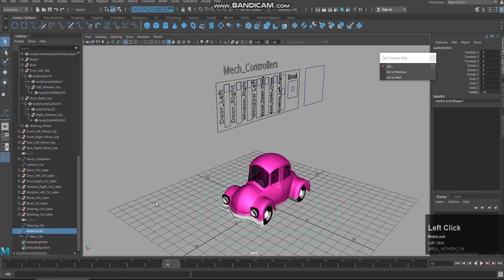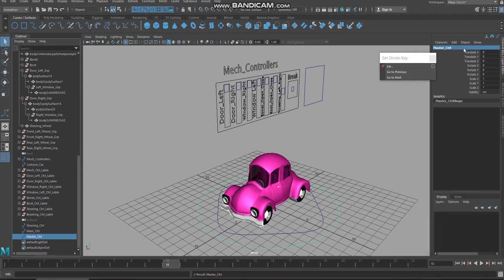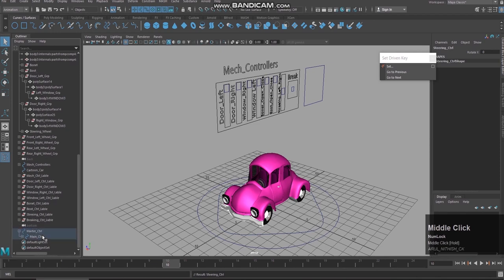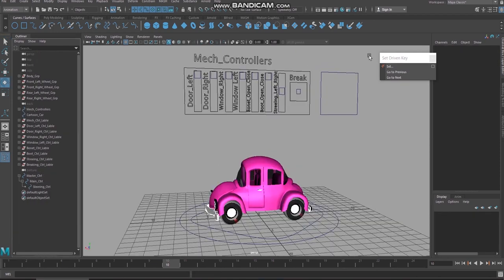Okay, what is that nerve circle actually? Oh, I think I did not give proper naming. I have given proper naming. Yeah. Okay, master control. Sorry. Main control, master control. Okay, master control. Bring main control. Under the main control, bring the steering control, and bring all the components under this main control.